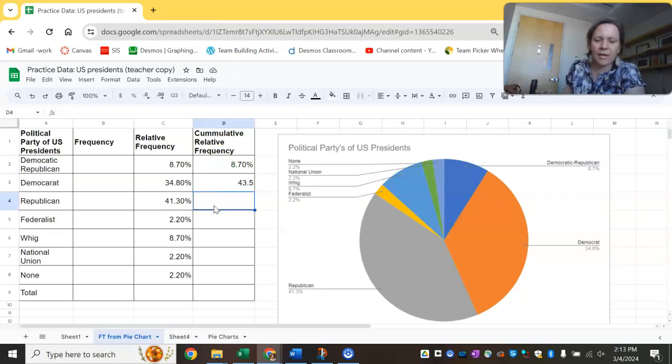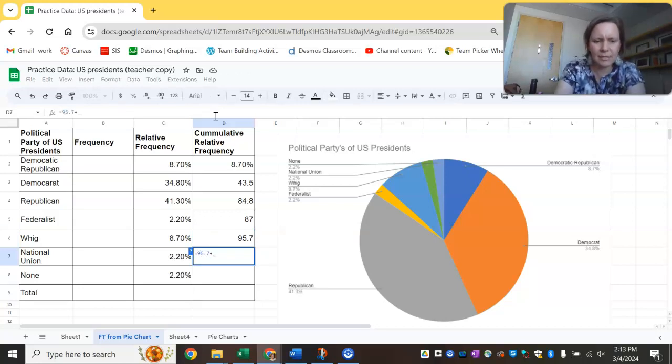On the next one, I would take that 43.5 and add that to 41.3. And I get 84. And so you keep going. You might be going, ooh, I'm getting really big. But what you should find is these last few aren't really big. And so as I add the percents to them, I get closer and closer to 100, with the goal being that the really last one,